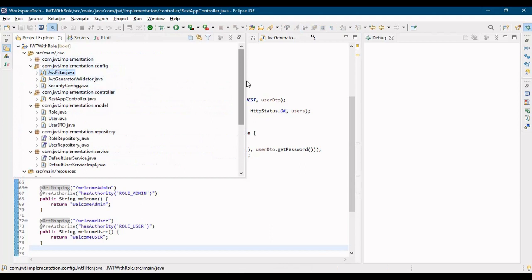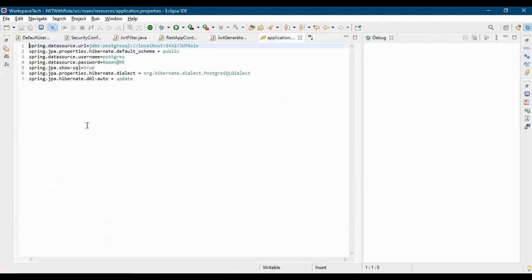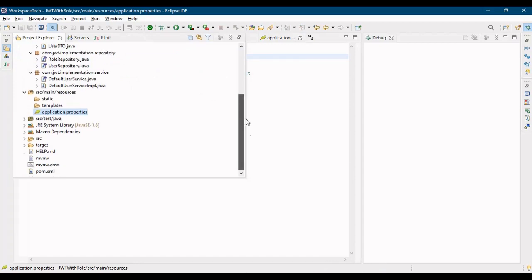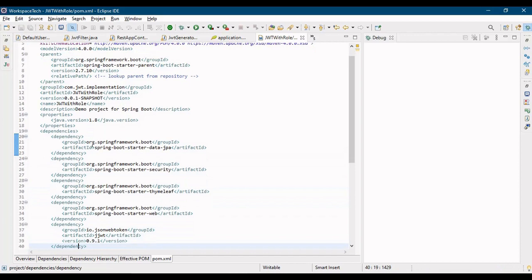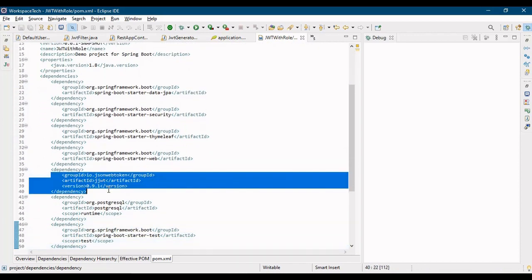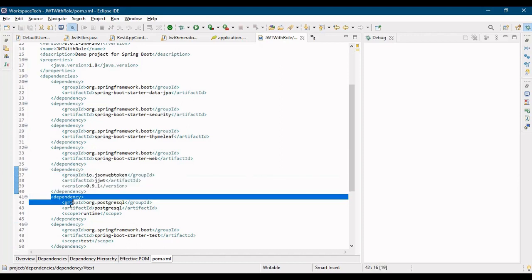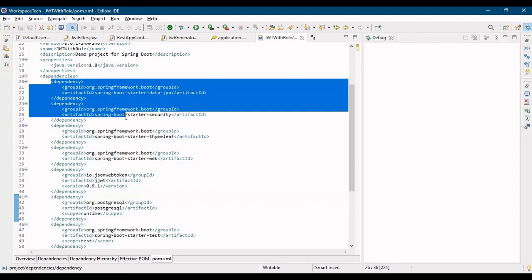So we have the main package, main class. Let me take you to application.properties. So we are making a database of Postgres. So we have the Postgres database, then our connection properties, right? And if I take you to my pom.xml, here in the pom.xml we have the Maven dependency of JWT and my Postgres database dependency, and some basic dependencies that we need to run our